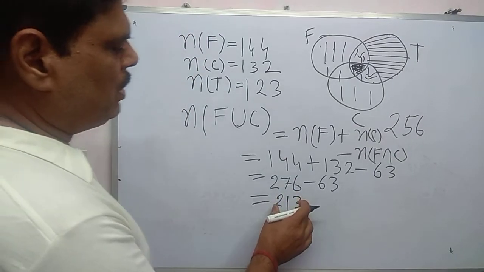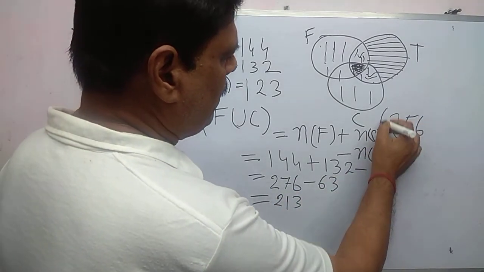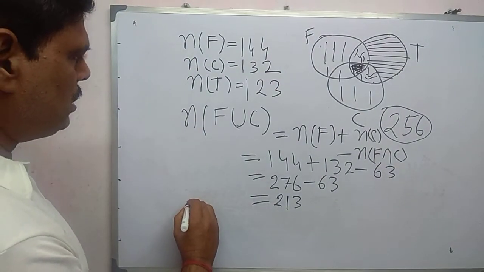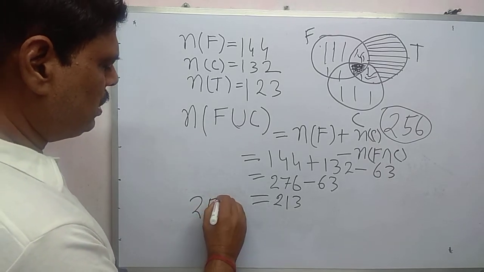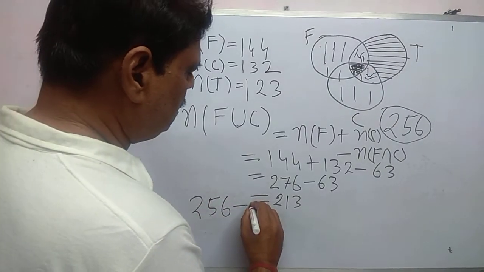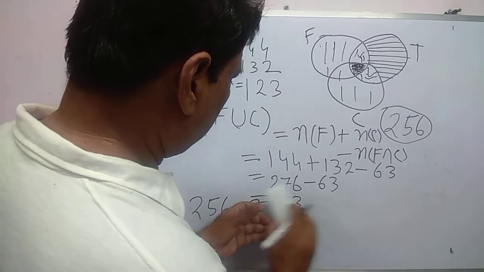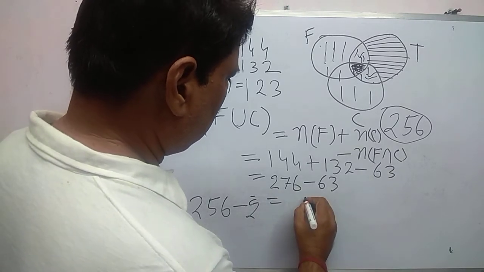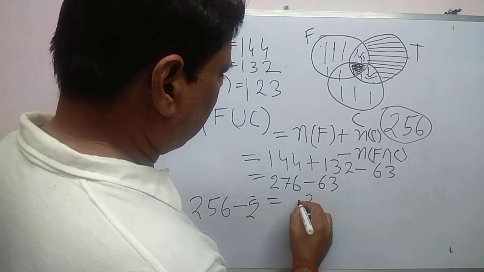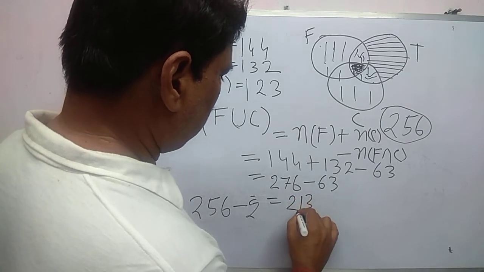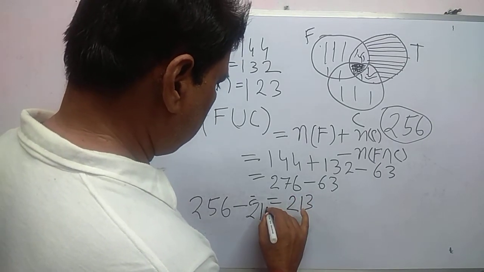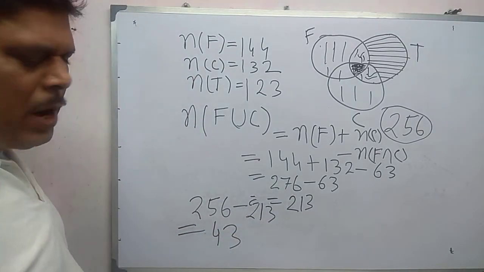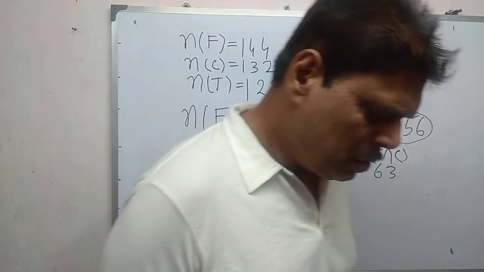Now subtract this from the total persons who are involved with these games. So your result is 256 minus 213. So what is the result? 43. So according to the question, the answer is option